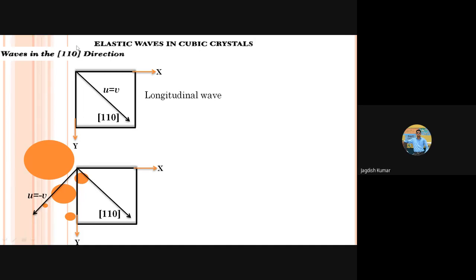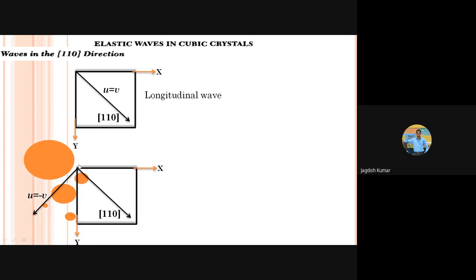Conventionally, we represent the y-axis upwards and the positive component of y along the upward direction. So here it is changed. Don't confuse yourself. So this is v, I mean positive v is along this direction. This one is representing the positive component of v, and u, suppose this is the origin, is opposite to this one. So u is minus v. So this direction is representing u equals minus v.